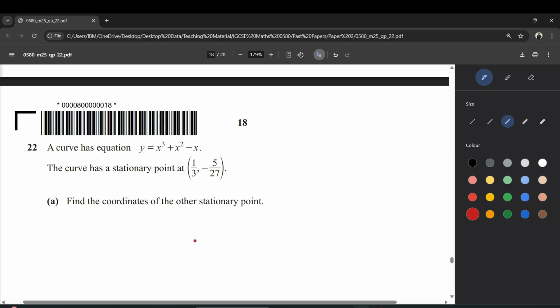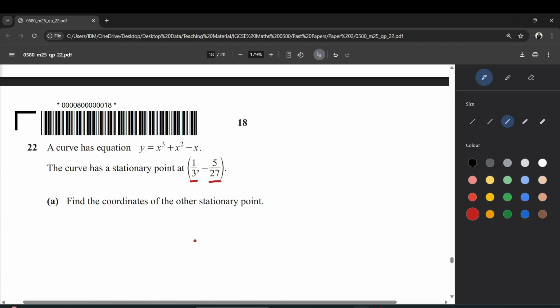Okay, it says that in question number 22, a curve has equation y equals x cubed plus x squared minus x. The curve has a stationary point at 1 upon 3 and minus 5 over 27. Find the coordinates of the other stationary point. Okay, so